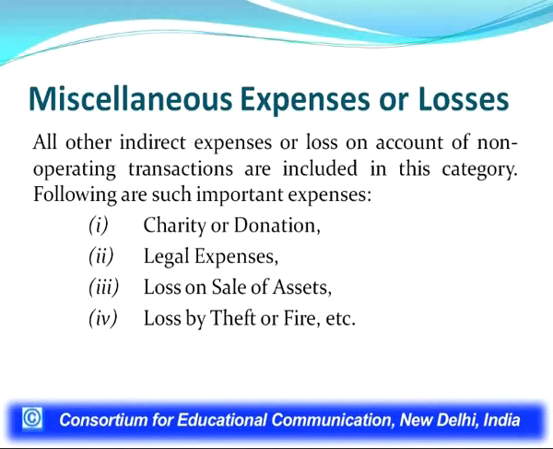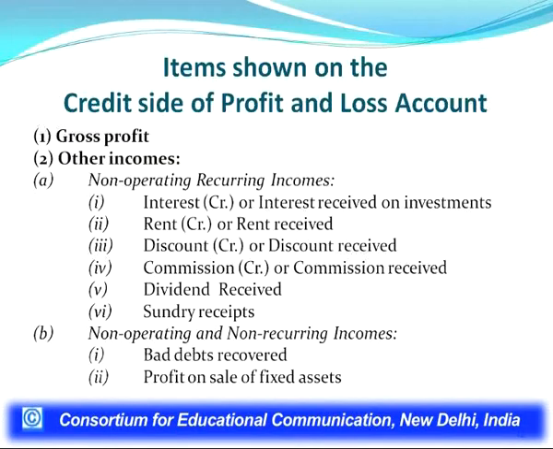Some examples are charity or donation, legal expenses, loss on sale of fixed assets, loss by theft, fire, accident, etc. So, all these are expenses which may not be categorized under any of the above mentioned categories of expenses. Then the items which are to be shown on the credit side. The first item is gross profit, which is disclosed by the trading account, and other income. Other income may be classified into two categories: